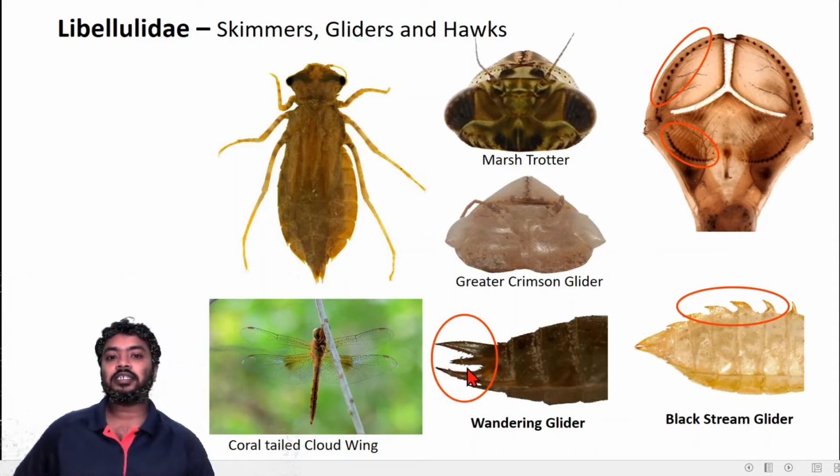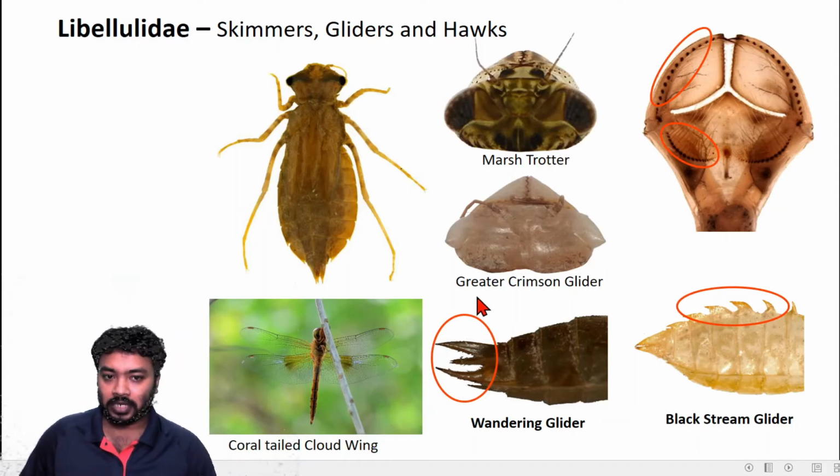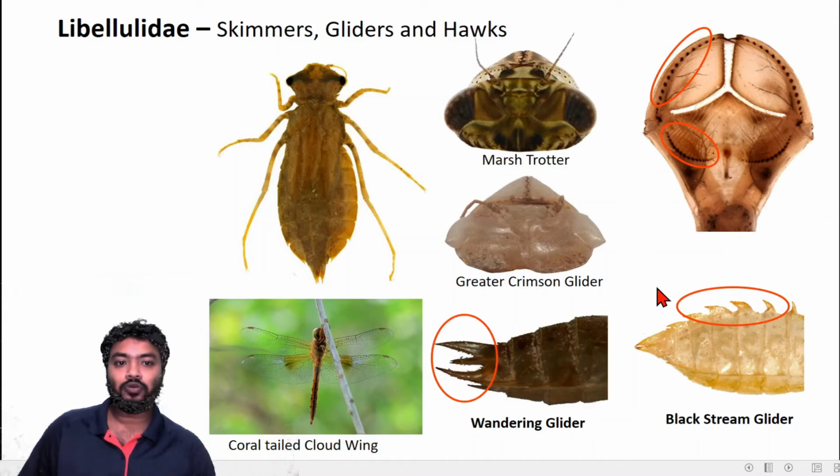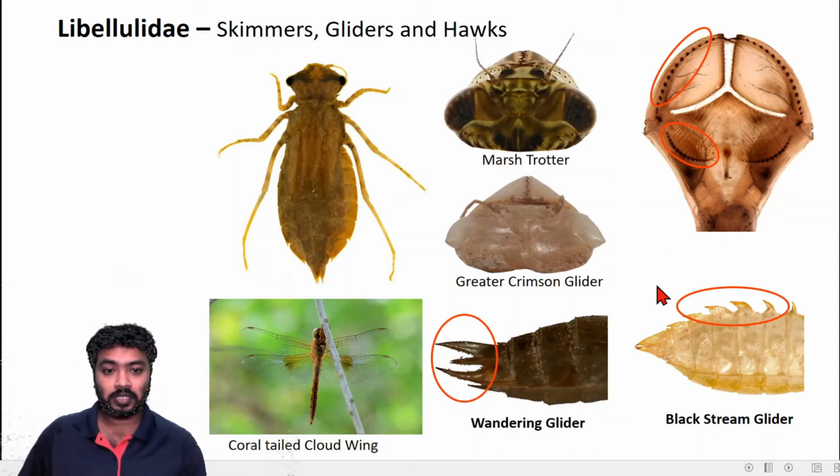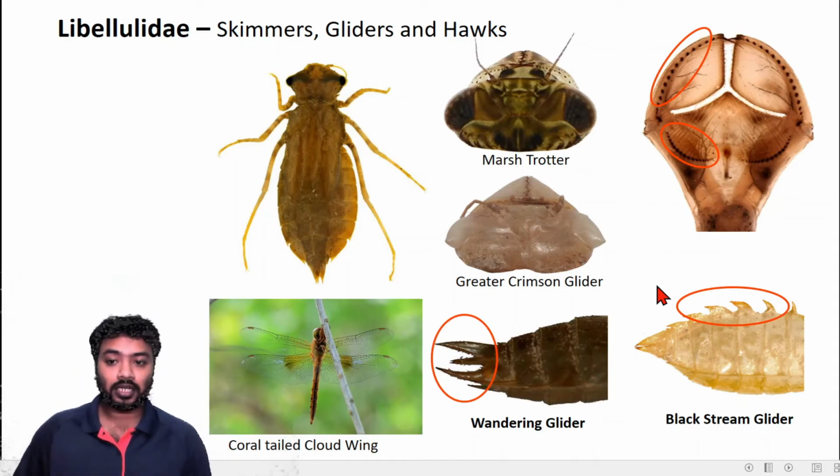But if you see Tramea basilaris, it is very similar to Pantala flavescens, but the only difference you can make out is that the epiproct is much smaller than the paraprocts. That is the only difference you can make out in the field. Okay, so I think you are getting what characters we should look for, because in one lecture it is not possible to teach you all the characters or all the identification of the species, but I am trying to make you understand what characters you need to examine for species level identification.